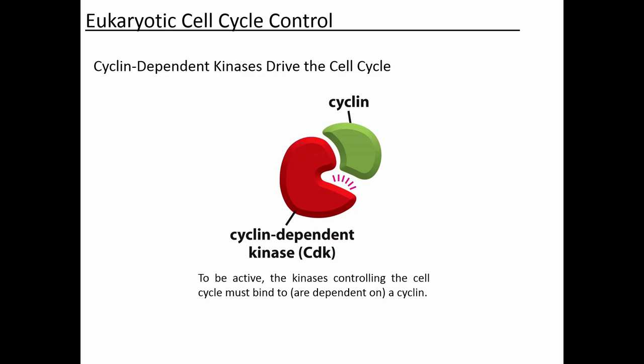So the kinase activity is not going to be active unless the cyclin is bound to that kinase. And cyclins get their name from the fact that if you look at their levels during the cell cycle, you're going to see that cyclin proteins get synthesized and then they get destroyed. They in particular get synthesized during one portion of the cell cycle and get destroyed during another. Each time the cell enters that phase, that protein is going to be synthesized again. So they show this pattern of synthesis and then destruction. They show that cycle, so they're called cyclins.